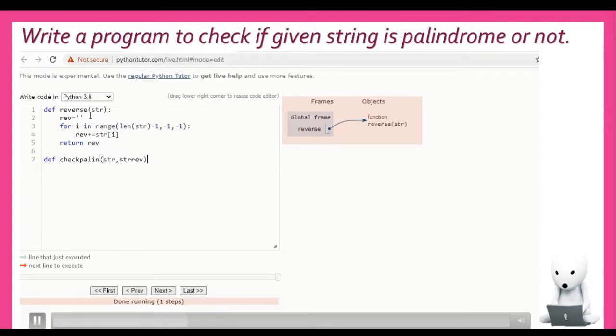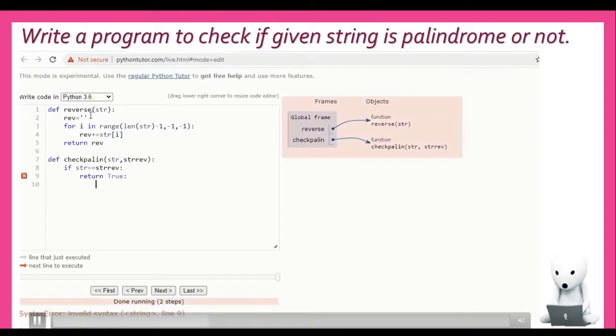One is the actual string, that is str, and another one is the string which is reversed. If both the strings are same, let us return true, and in the other case, else return false.